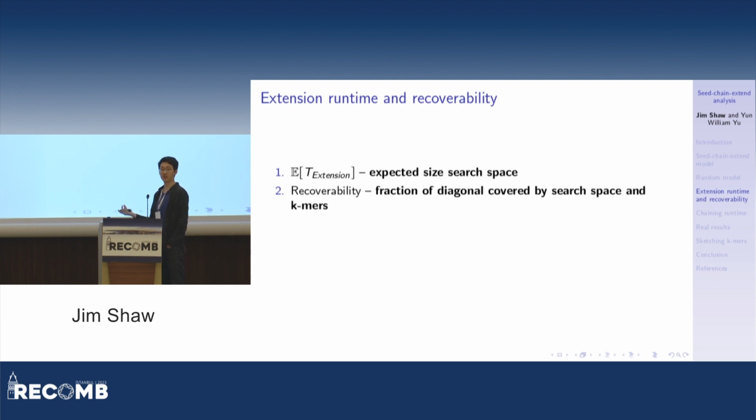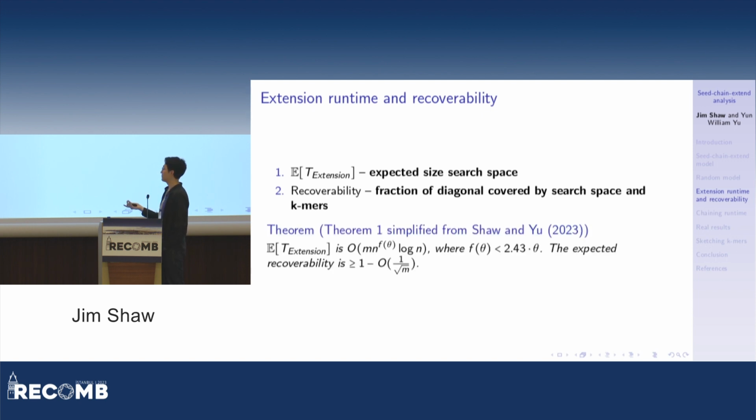This is strongly subquadratic. The expected recoverability is this term over here, and this basically means that as my read gets longer, I'm guaranteed that it's going to be recoverable, and it's going to be mostly on the diagonal. So the proof idea here, I won't go too deeply into this, but the idea is that we